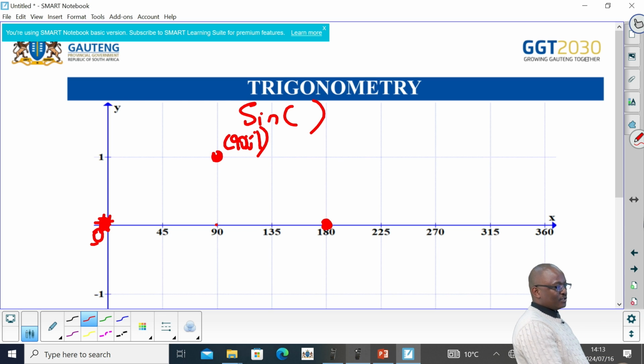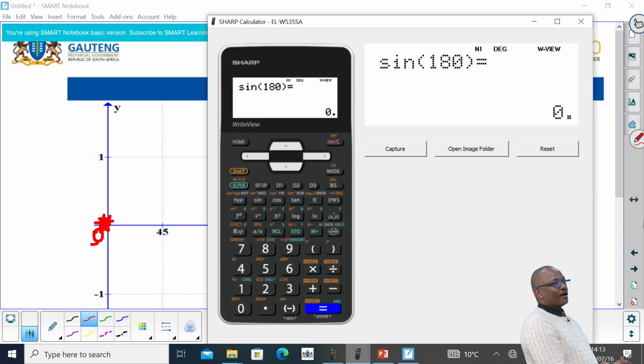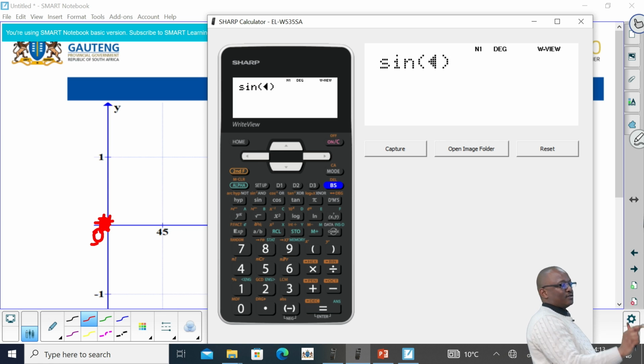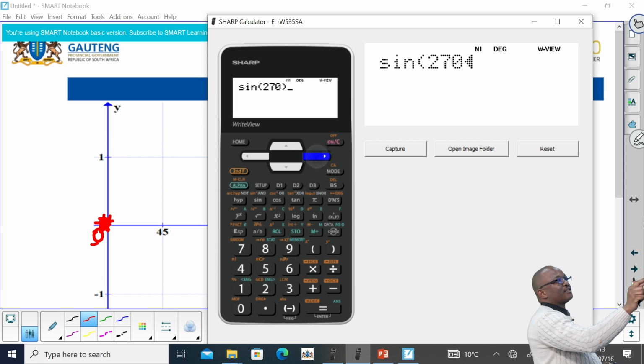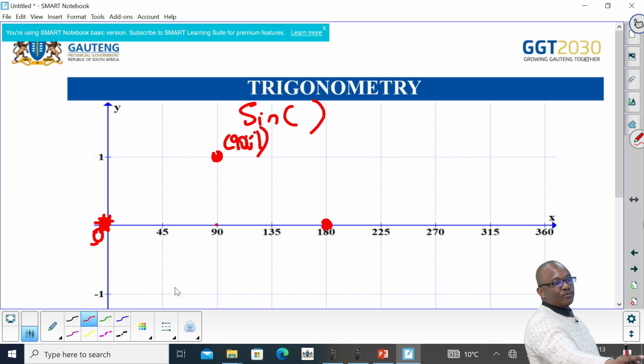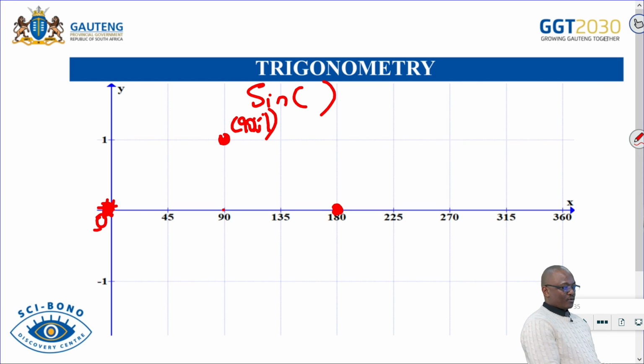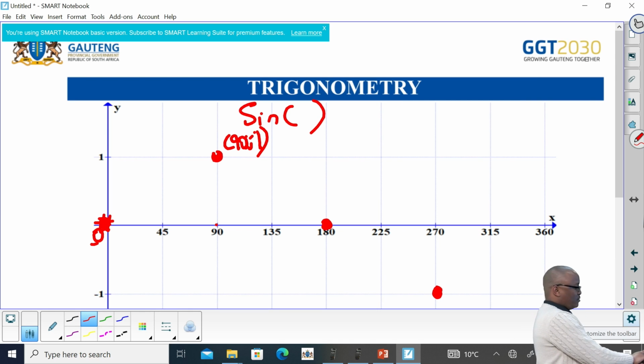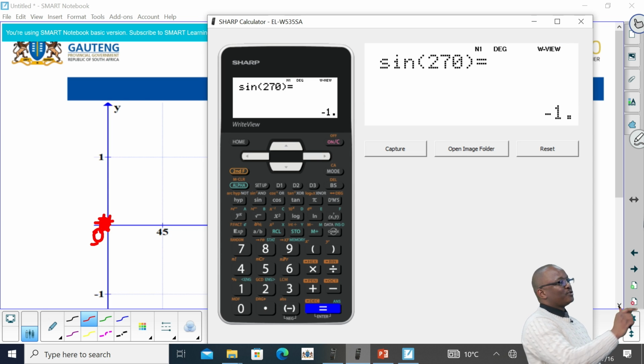And we still continue to say 270. So if now you substitute your 270 there, then you will get negative 1. So now we will get 270 and negative 1. Now when you go to substitute the last one, which is 360, we're going to say